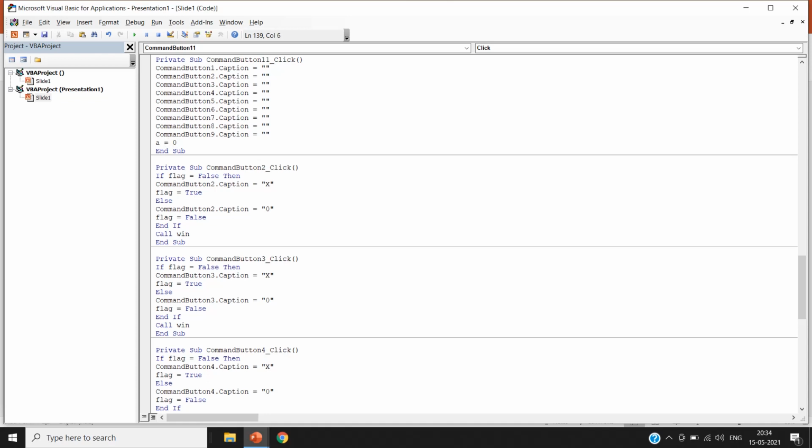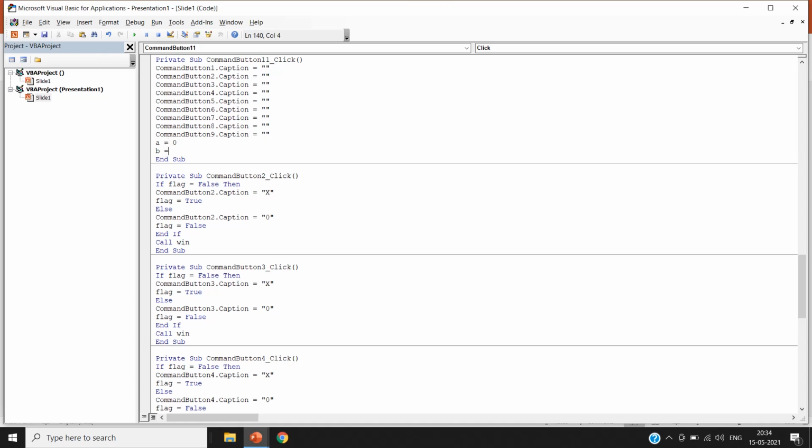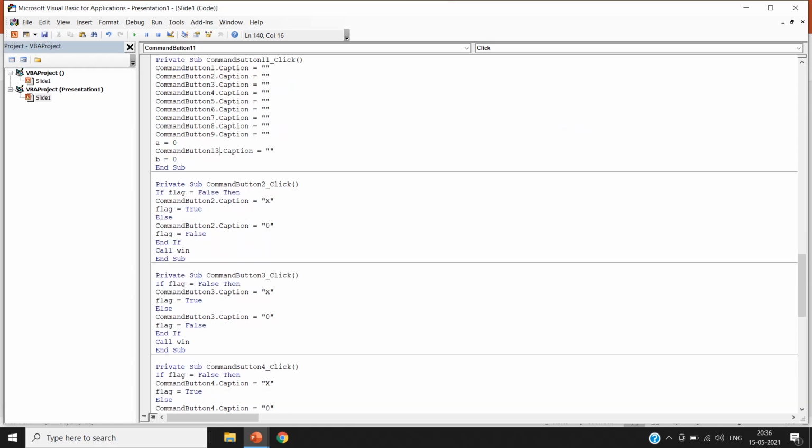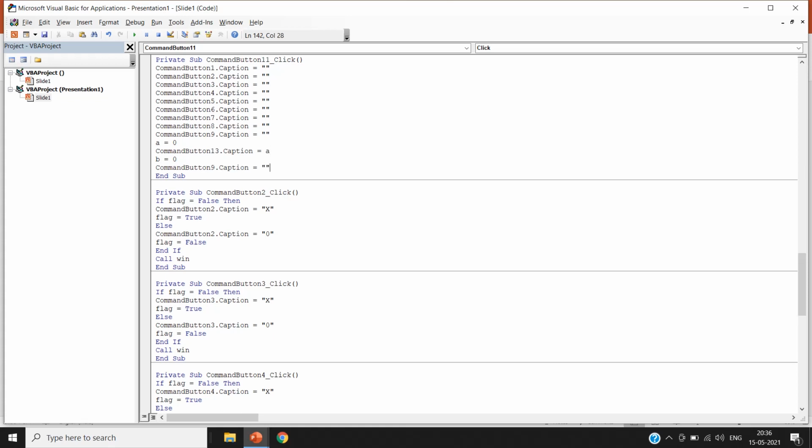So write it there, a is equal to 0, b is equal to 0, and put both the captions. Write CommandButton13 caption should equal 0 and CommandButton12 caption should also be equal to 0. Now our coding part is completed.